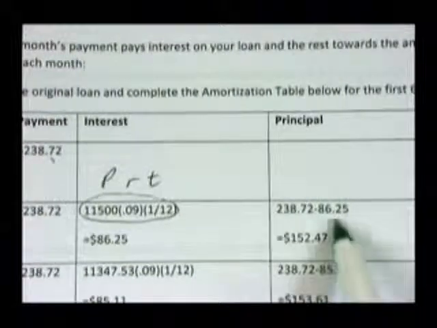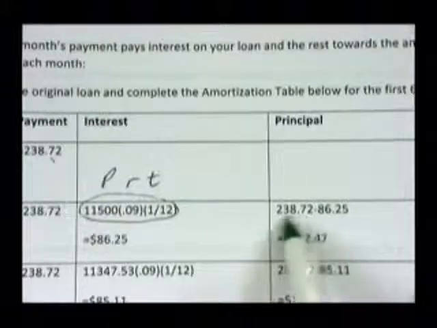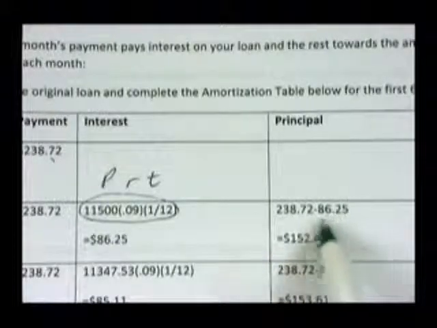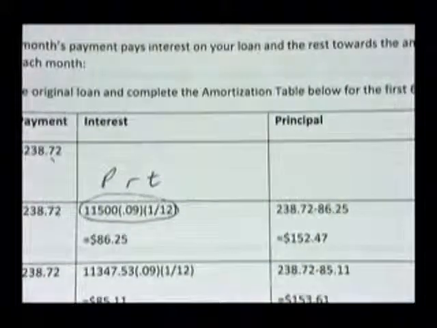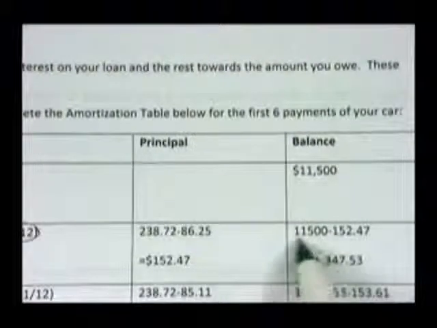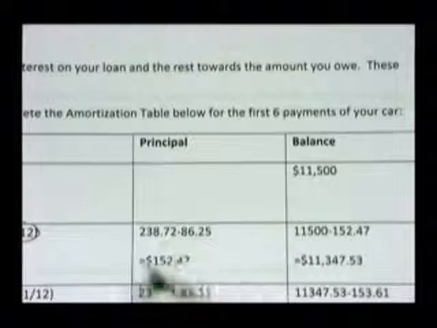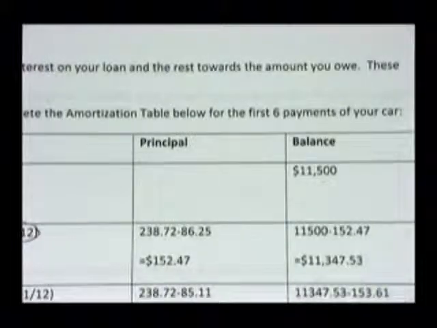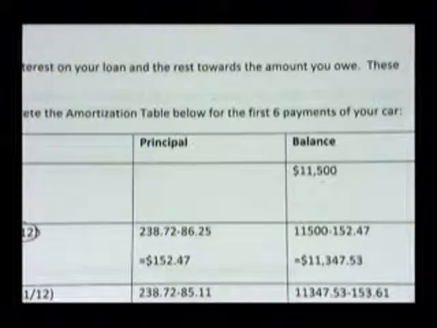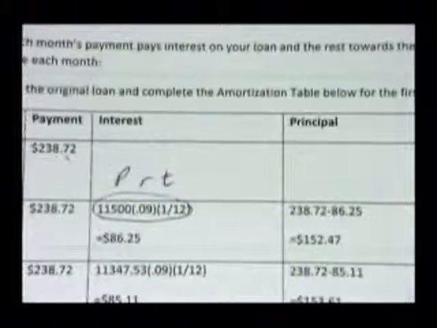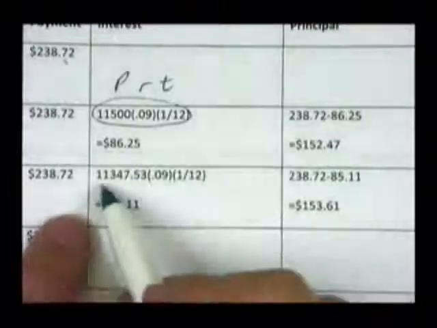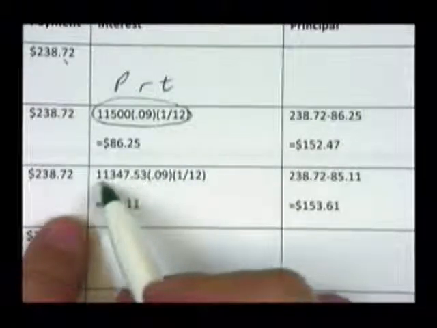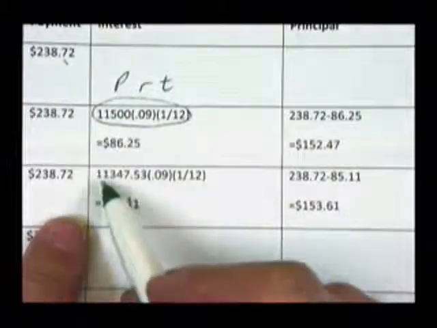Once you've paid your interest, then you take what you paid total minus the amount that goes to interest, and what's left over is going to pay off your principal or your balance. So then your balance is going to be $11,500 minus how much you paid this month, and this is going to be your new balance. Then you go to the next month. And at the next month, you've got this as your new balance. You no longer have $11,500. You now have